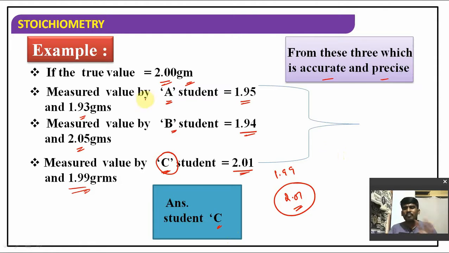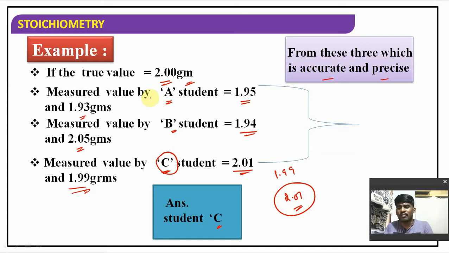In brief, whenever you are doing the experiment, no one can report the accurate value, right? Students who can report a value close to the accurate value can be considered as having a precise value. So you won't get the accurate value while you are doing experiments in your college or school laboratories. You won't get the exact value.